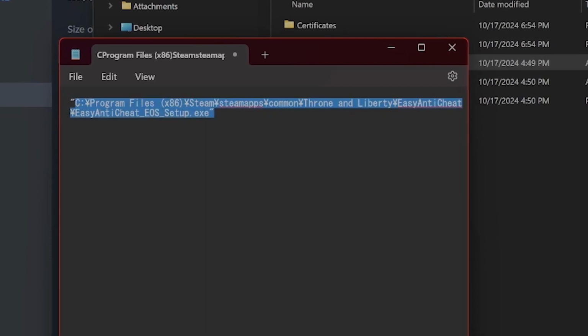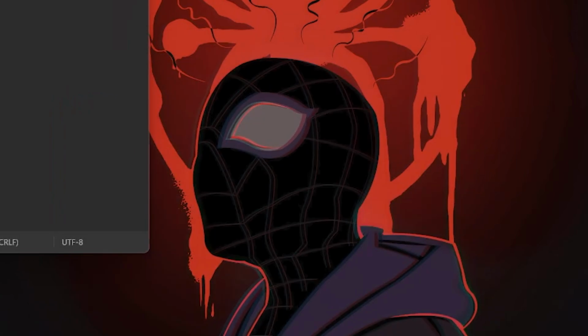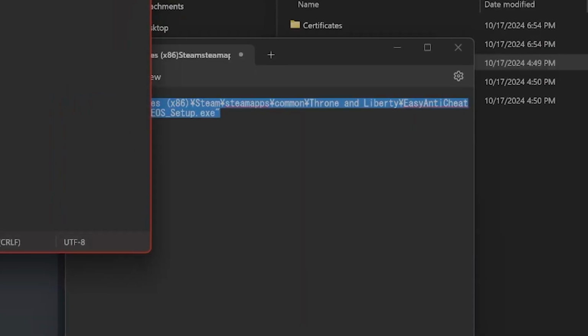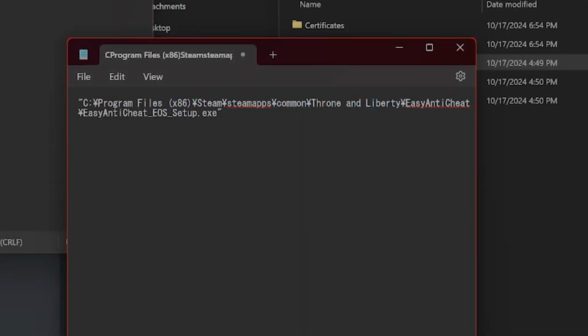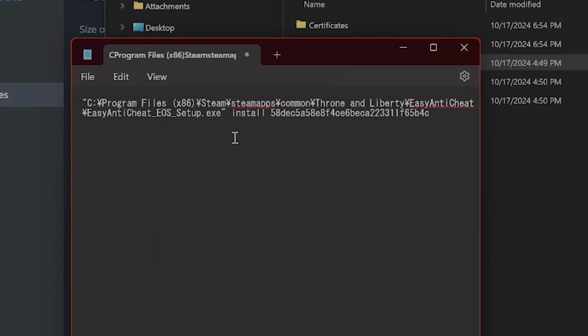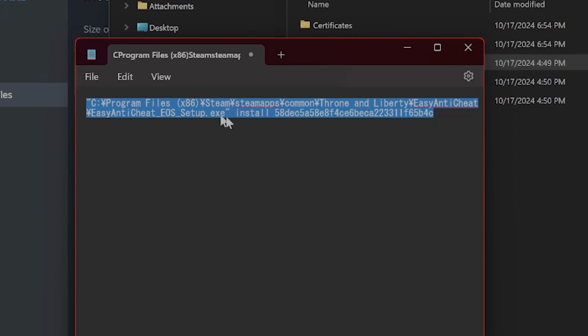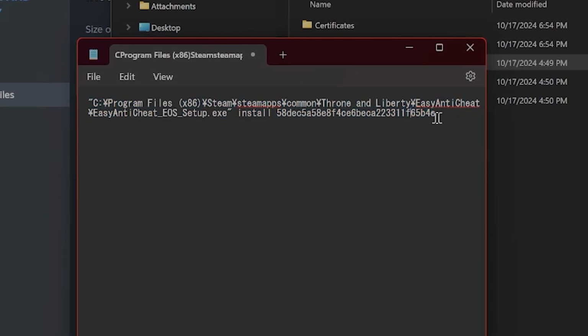path for this executable. Next, what you want to do is take this information here. I'll put this in the video description. You want to paste it after this, like so, and then you will have the executable plus install plus this